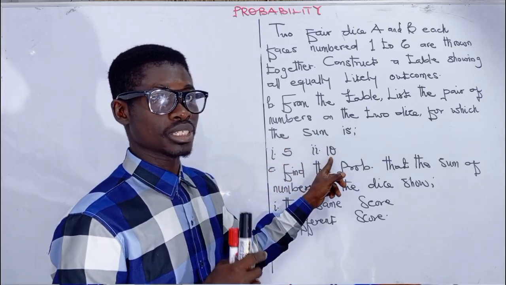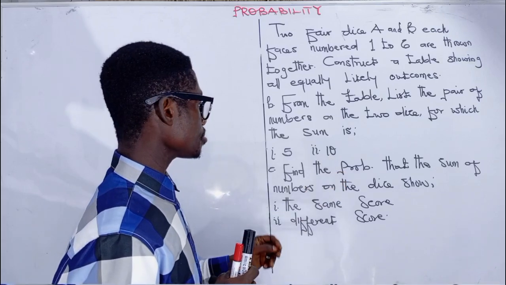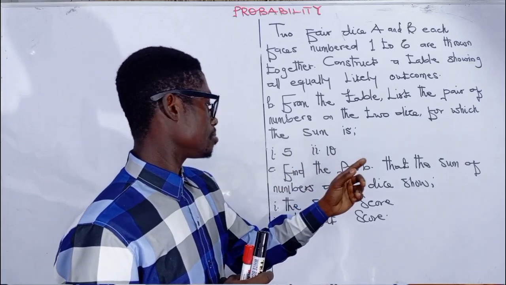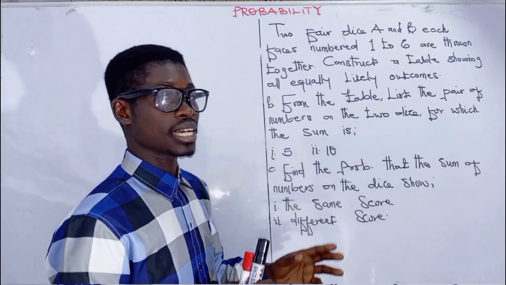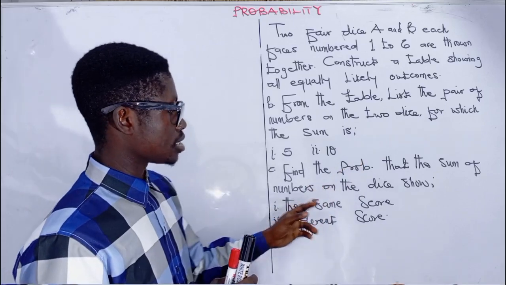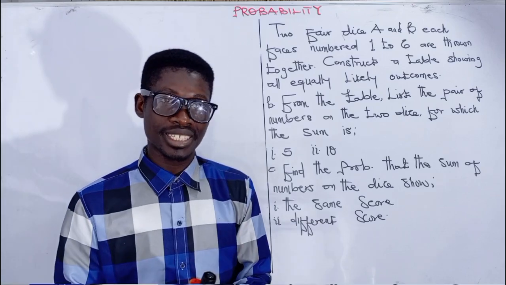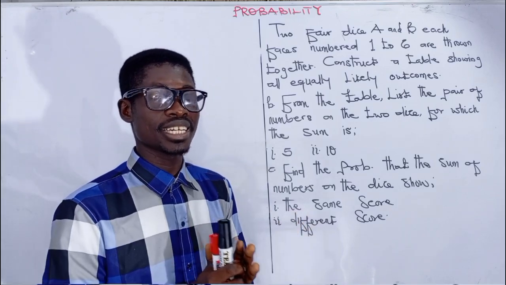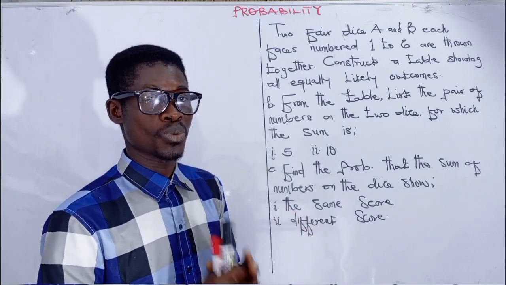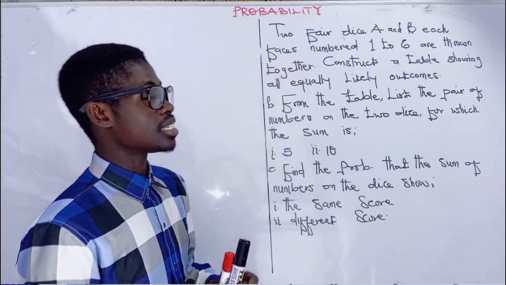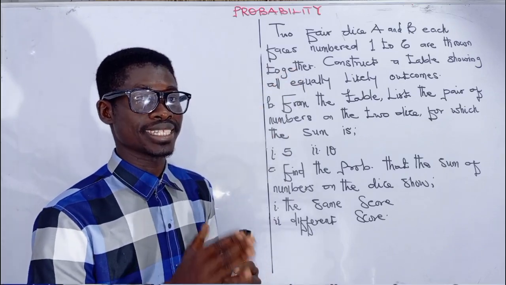The sum is what? 10. C, we want to find the probability that the sum of the numbers on the dice show the same scores and then different scores. This is our task for the day, and we are going to go through it one after the other. So the question is saying that we are having two fair dice,